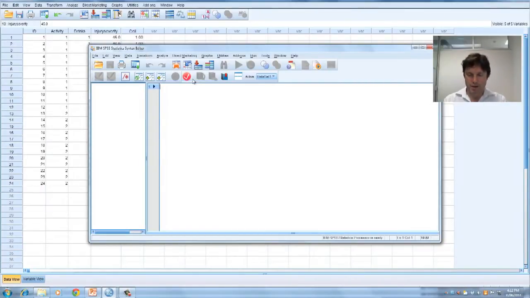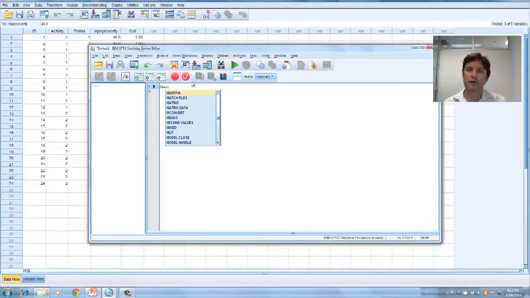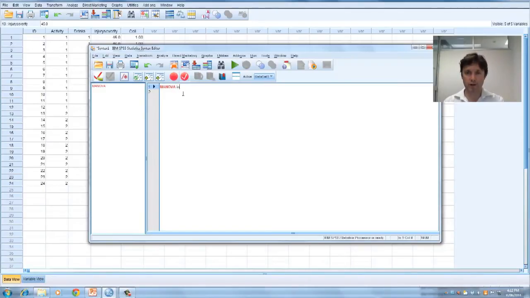So if we go MANOVA, and then injury, our dependent variable, which is injury severity, by drinks, and that's got 3 levels. I'll explain this first line in a little bit. Activity 2. Okay, so what this first line of the MANOVA tells us is that we've got a dependent variable of